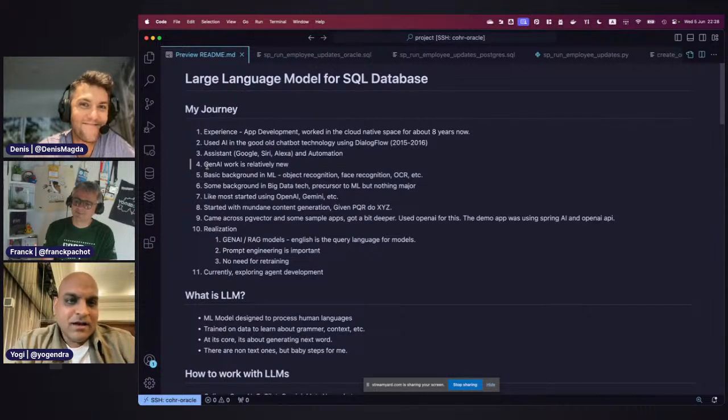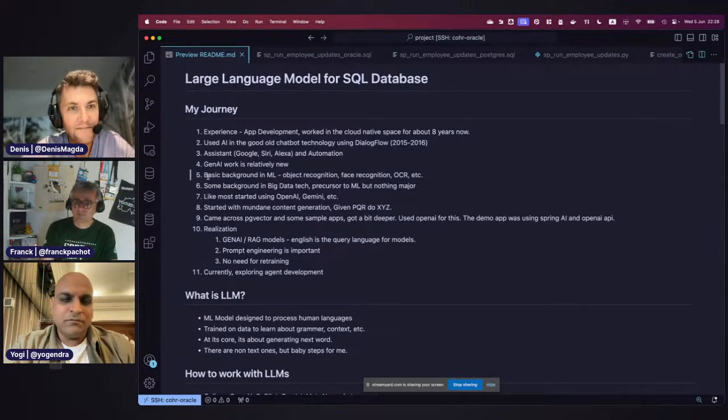Good. I don't have much background in ML stuff, but I was always interested in OCR and digitizing old out-of-print books. I've done that kind of work. I've also done manual meters with a digital connection, so putting a camera on top of an electricity meter to get a constant reading. Those are the kind of things I've played around with. And then I played around with OpenAI and stuff.